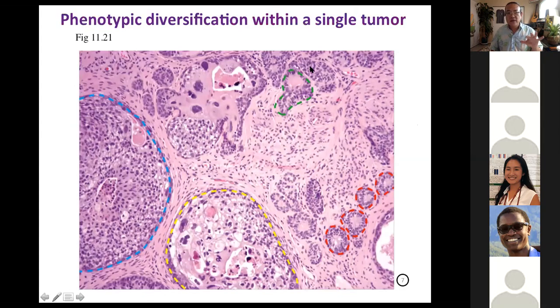So this slide shows you a cross-section of a single solid tumor. But you can see the dotted lines represent the boundaries of what appear to be different subpopulations of tumor cells within this one large tumor. And you can tell that these different subpopulations have different phenotypes. For example, the one in the blue on the left here, they seem to be smaller. You can see how tightly packed the nuclei are. These are the little darker purple spots, compared to these cells over here that have a lot more what looks like fatty adipose areas inside of them, right?